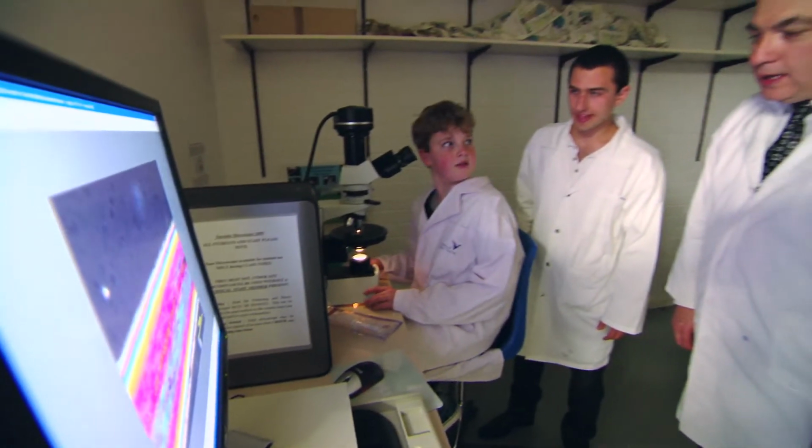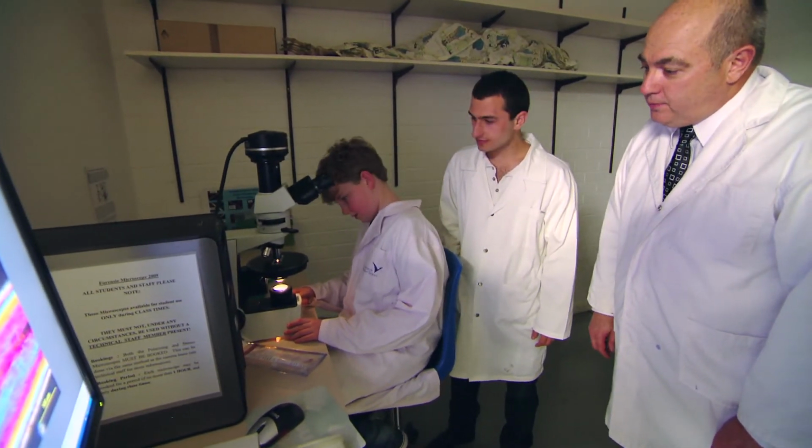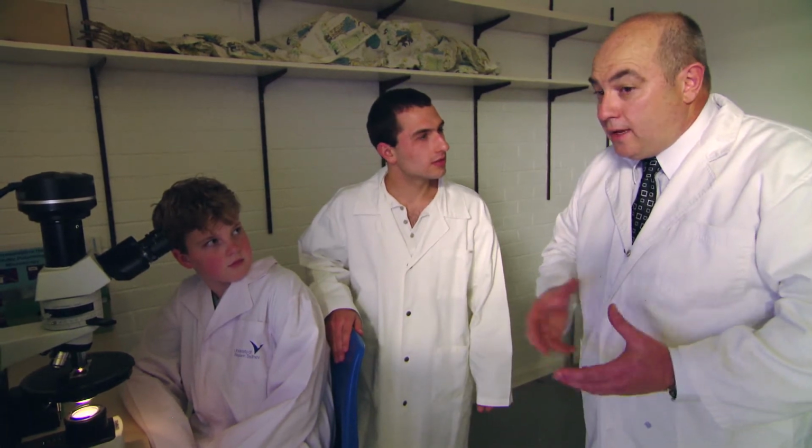Okay, Ben, now the hair that we collected at the crime scene, we've actually put now in a polarising microscope. We can look at the internal structure of the hair. We can tell whether it's human or animal. Glenn, are hairs unique to different people, or are they all basically like the same? The DNA in the hair root can be considered as individual, but the characteristics of the hair is not considered